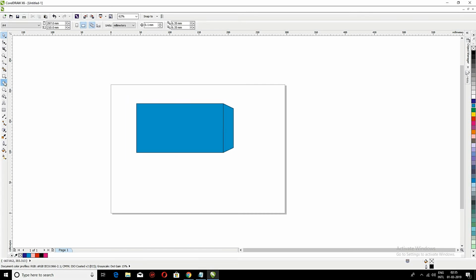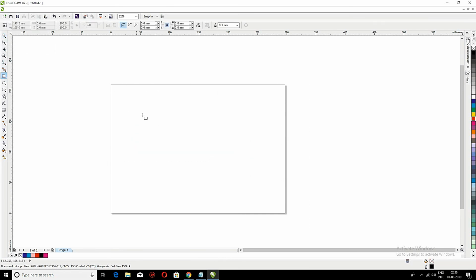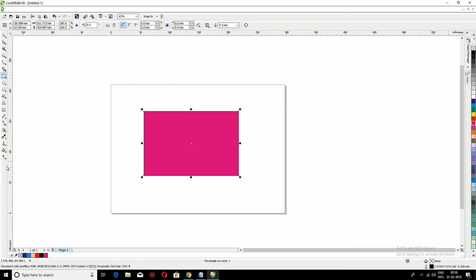and you can resize it also, so it helps in getting a 3D look. Like this. You can create cylinders or cubes, cuboids, etc. And the last tool is the transparency tool. So guys, with the help of transparency tool you can play with the opacity of the object, and from here